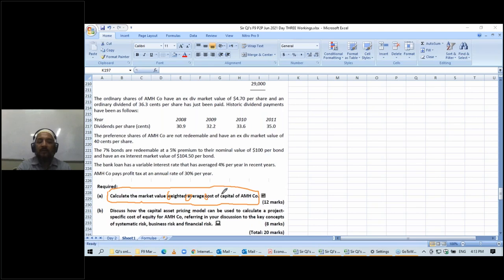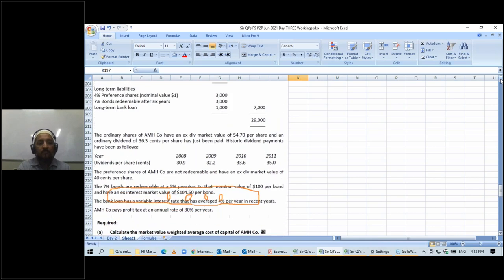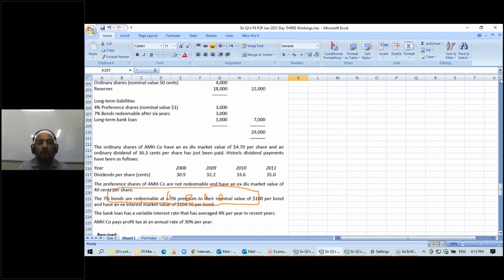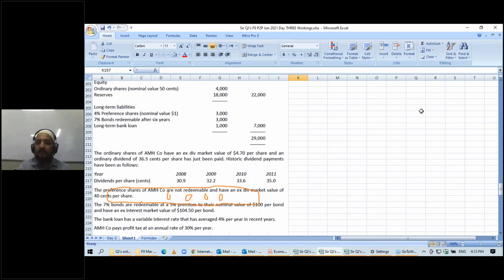So you have to calculate a cost of capital, the cost of the funds raised by the business through various sources of finance. We have to calculate the average of it. So first, find out from which sources the business has gathered the funds. The business gathers funds from 4 sources in this question, and those four sources are: